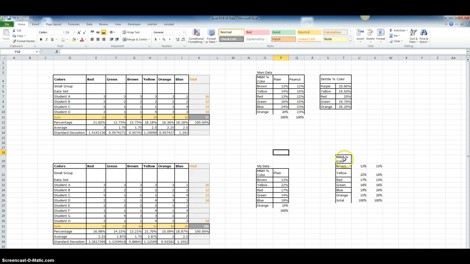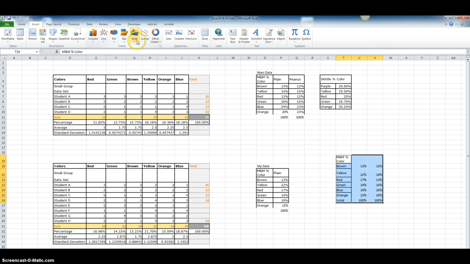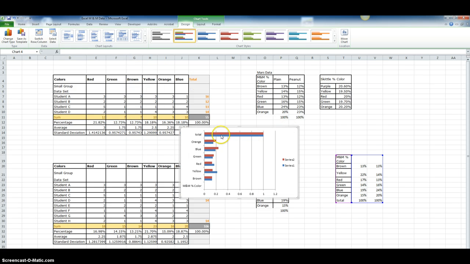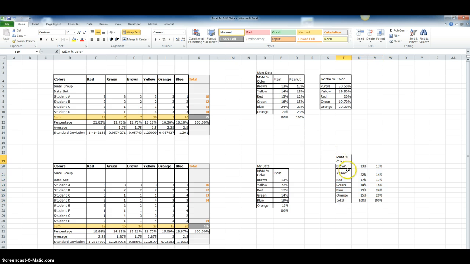Once I have all that data, then I can highlight it and insert a bar graph to compare, and this is really the final product. What you want to get is something like this, so I can see what the total is here and my total of orange, blue, green, red. And I probably would not want to include the 100% down there, so I'm just going to take it right to there,